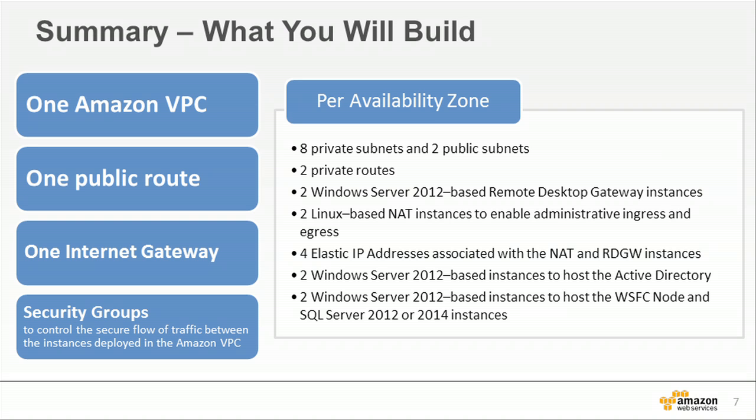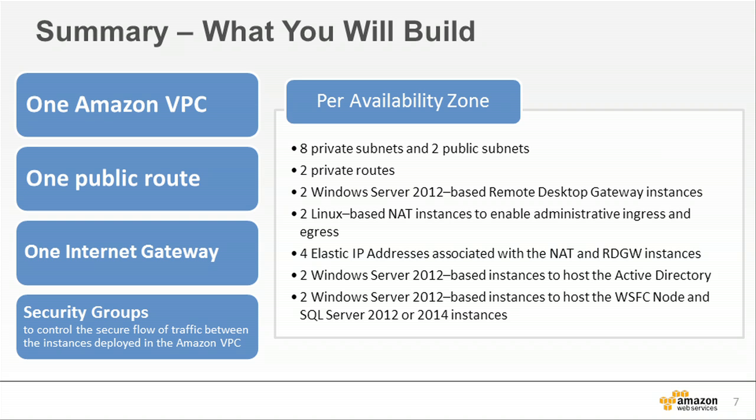public subnet nodes. Obviously, security groups, which is another thing that we're assuming people are familiar with. The security groups control the flow of information between nodes inside the infrastructure and make sure certain ports and protocols are open. Obviously, in something like SQL Server, there are lots of individual ports that need to be open, such as 1433 for accessing the database. That's part of this setup and configuration. It's part of the templates as well, but those need to be created to be leveraged inside the subnets and